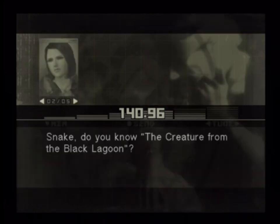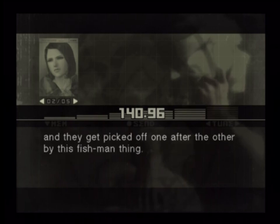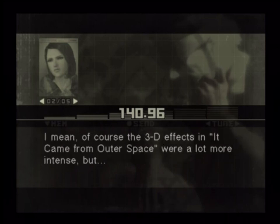Snake, do you know the Creature from the Black Lagoon? Nope, never heard of it. These scientists are investigating a place deep in the Amazon called the Black Lagoon, and they get picked off one after the other by this fishman thing. And there was this scene when the heroine is going for a swim, and the creature sneaks up on her from underwater. Oh, I thought my heart was going to stop. I mean, of course, the 3D effects in It Came from Outer Space were a lot more intense, but...